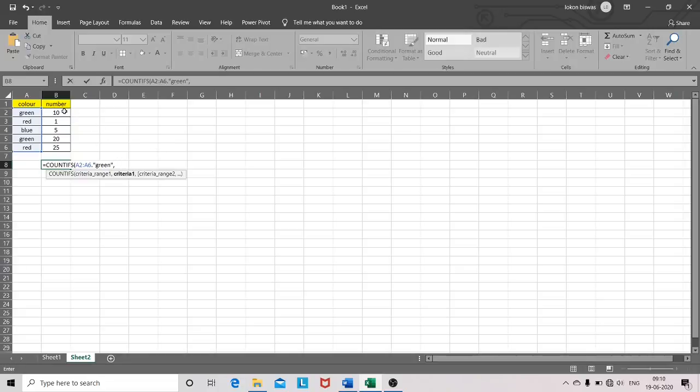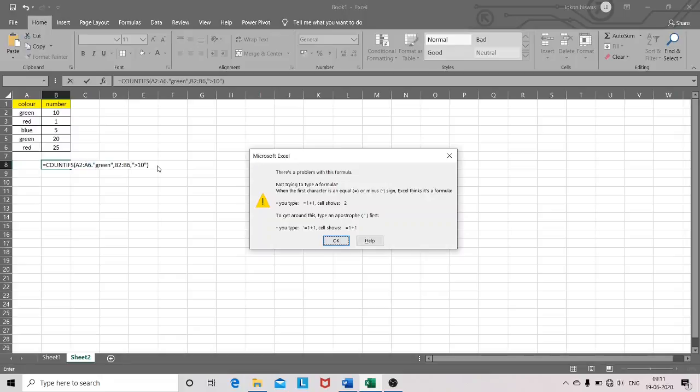So select from here to here, whose numbers are greater than 10. Press enter. Okay, there is some error.